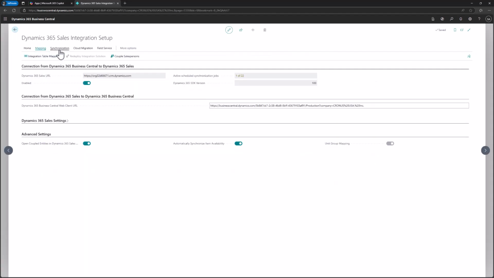A basic suggestion is to go back to Dynamics 365 Sales Integration Setup, go to synchronization and select once more run full synchronization. This will check if all data is written in and out correctly, and it will check the whole tables and everything in the back of the integration. And from this moment on, you have your integration up and running, and you can start using Dynamics 365 Sales and Business Central all together with integrated tables with the directions which you have already seen. So thank you for watching this video and see you in the next one.